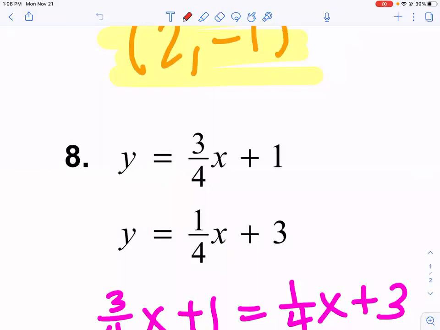So dividing by a fraction is the same thing as multiplying by its reciprocal. So dividing by 1/2 means the same thing as multiplying by 2/1. So 1/2 x equals 2. Okay? Yes. If I said 2 divided by 1/2,